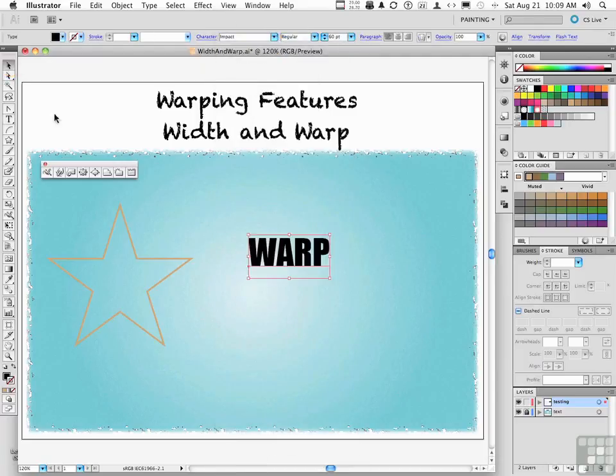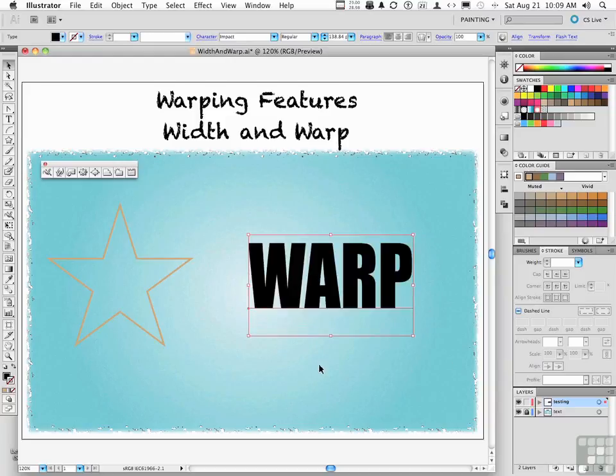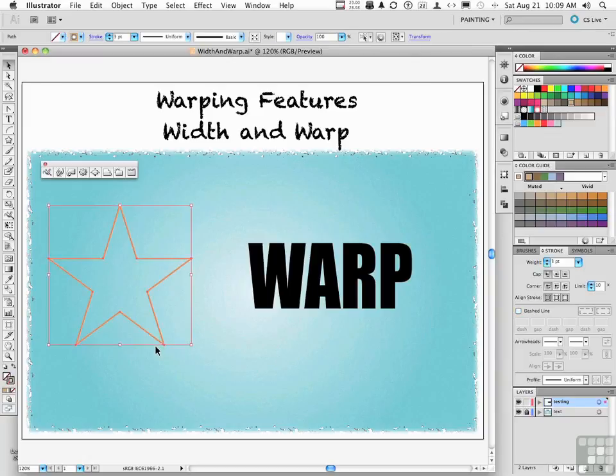Let's pick up our selection tool. Let's make that a little bit bigger manually. Let's just drag out that word warp like that. Okay. What are we doing next? Let's go to our star. Let's fill that with a color too. So I'm going to press the letter X and give it a color. Here's the warp tool. Warp tool has a brush size. If I come over to this star and begin moving on it, as you see as I rub it,